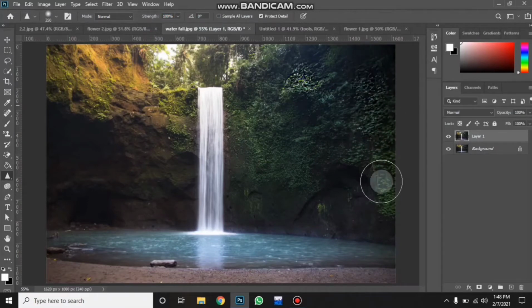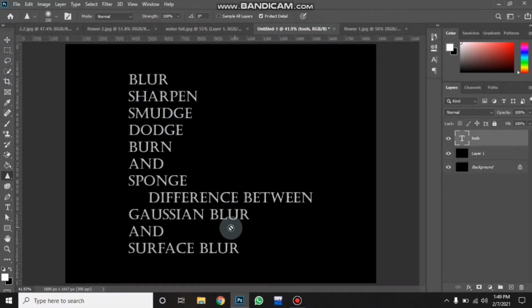I know it's looking rough, but in a few images it works great. All these tools, like sharpen tool and sponge, are used in retouching.